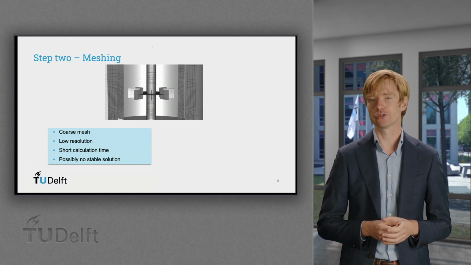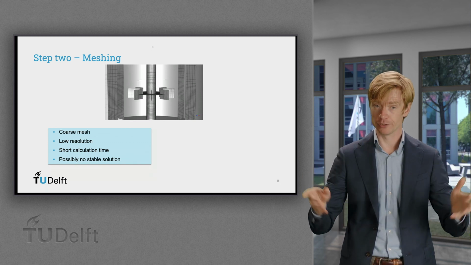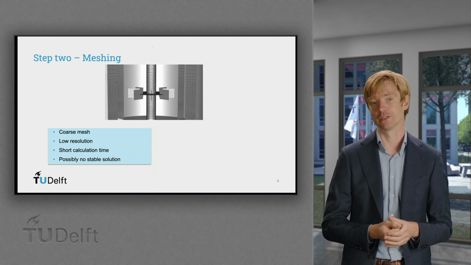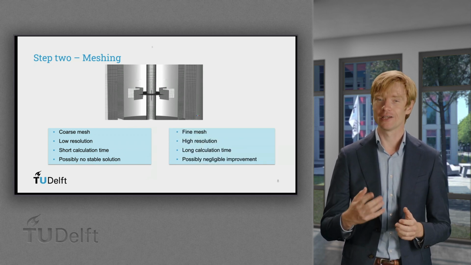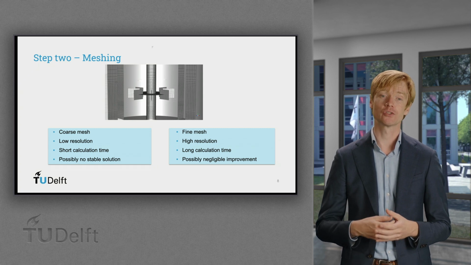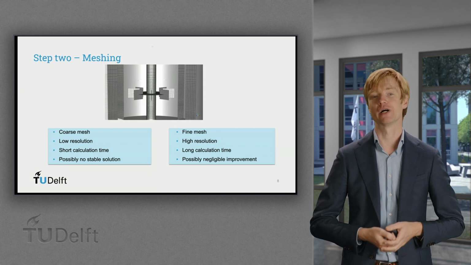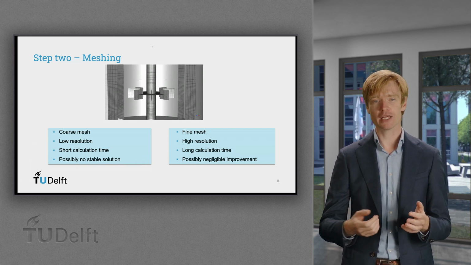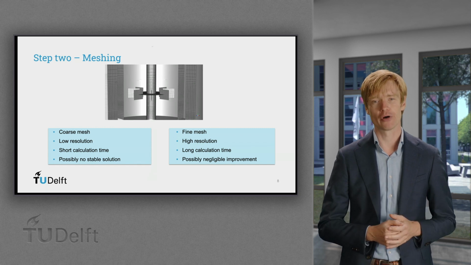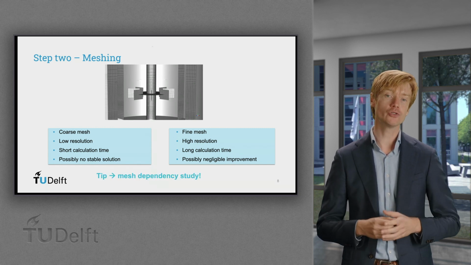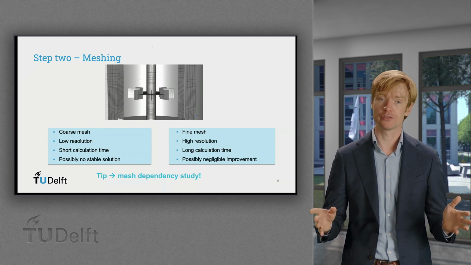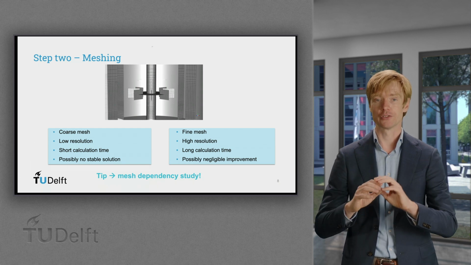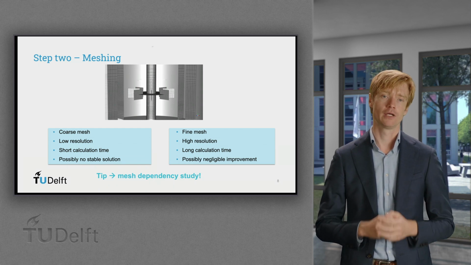A certain resolution is required to solve the most relevant flow features. And a higher resolution to a degree means a higher accuracy. However, a higher resolution also means more equations to solve and hence a higher computational demand. If the mesh resolution is too high, you may spend many hours computing without leading to a more accurate solution. It is therefore good CFD practice to do a mesh dependency study. This means solving the problem with different levels of resolution and study if the solution agrees between them.